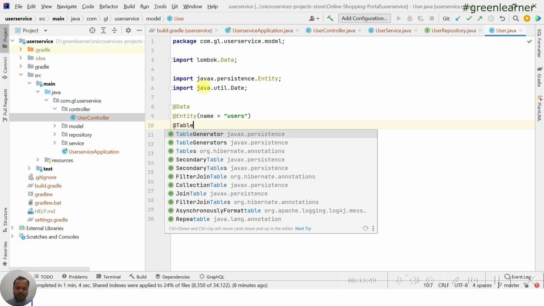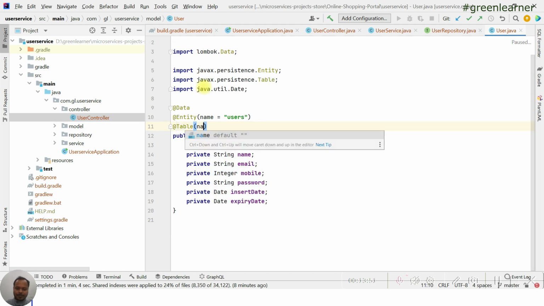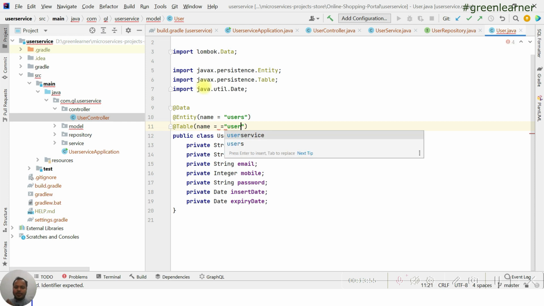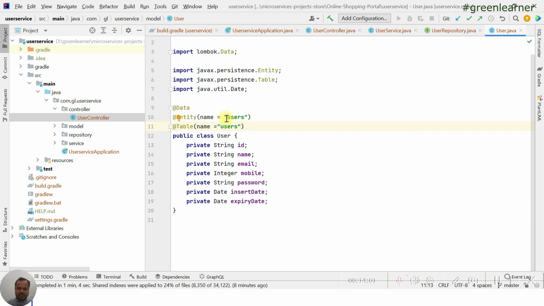The next annotation is Table. I'm going to name it users, because there are going to be many users in the system, so this seems to me a more meaningful name for the table. So we have created this User, all the attributes, getter, setter are ready here.